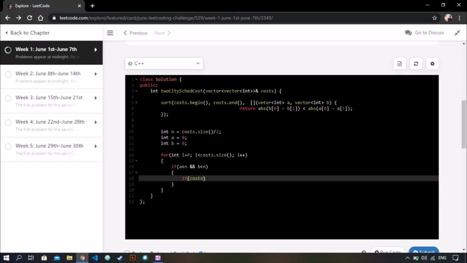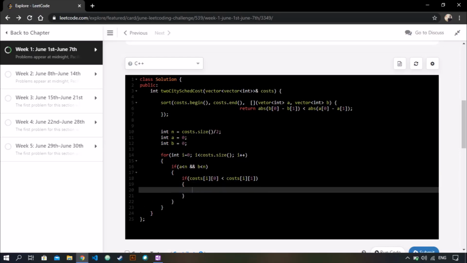Now we check if cost of i, cost of city A, is less than cost of city B. Okay, so our answer will be cost of city A since it is less.